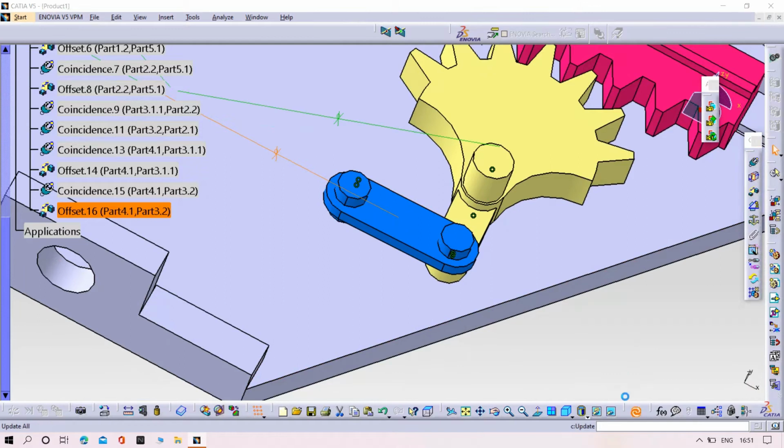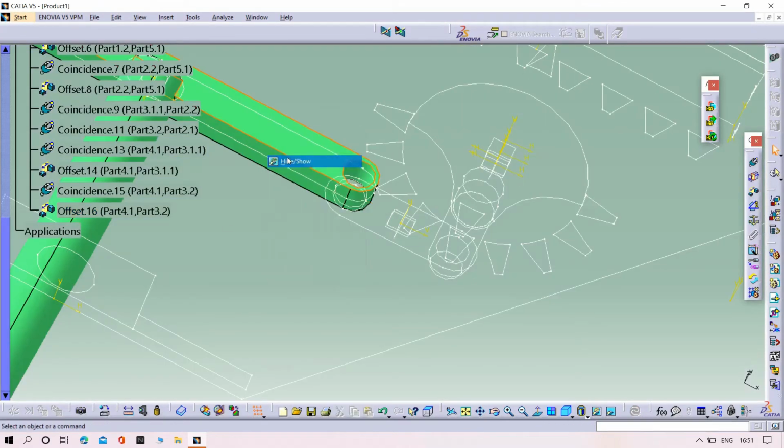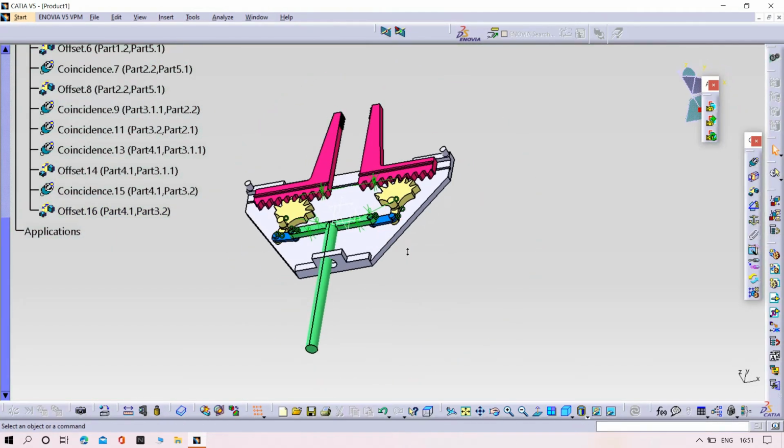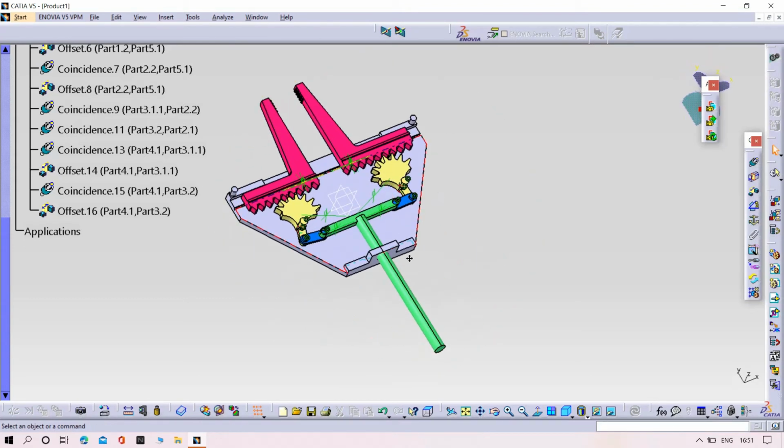Zero, apply. Yes, perfect. Let's see if it's working or not.